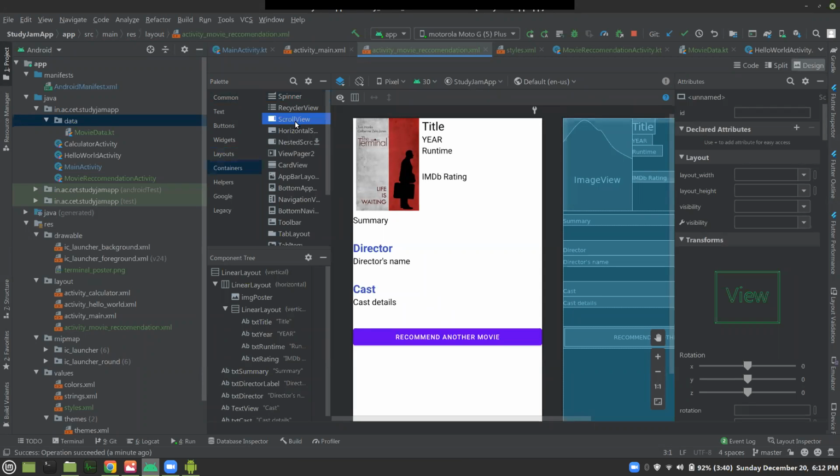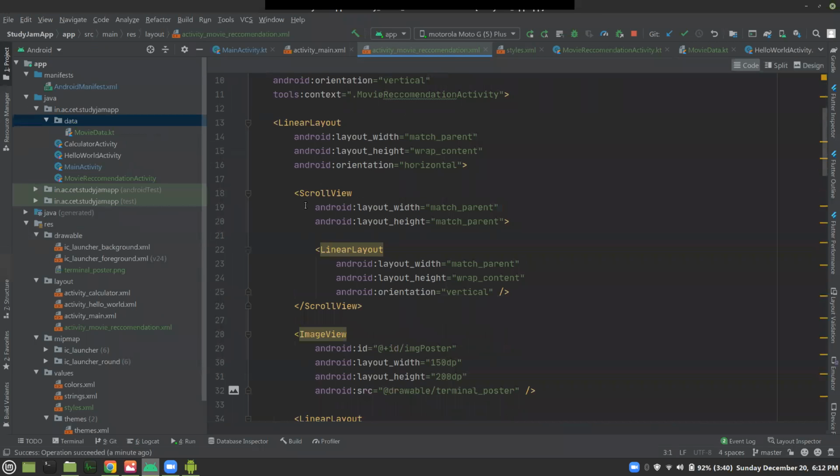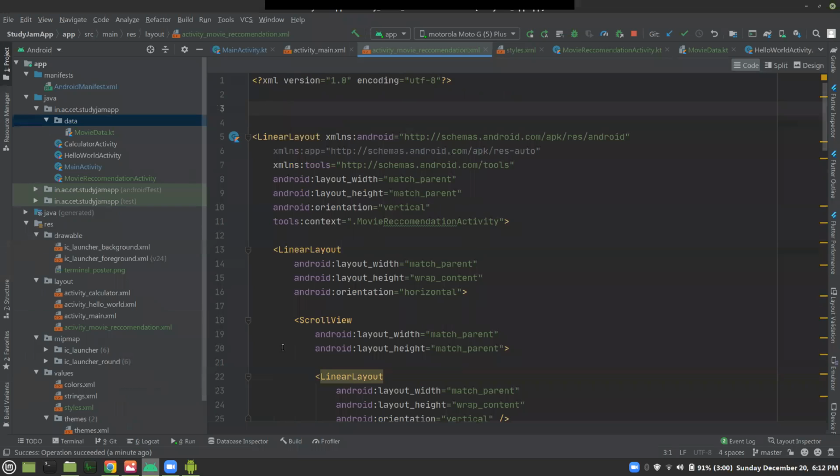Yeah, the scroll view is here. Let me add it somewhere here. And let me see what the code looks like. It should be a scroll view like this, and it should have a linear layout as the child. So basically I will have a scroll view here, and inside that I will place the